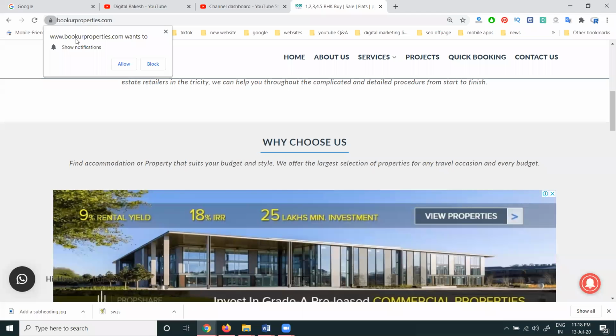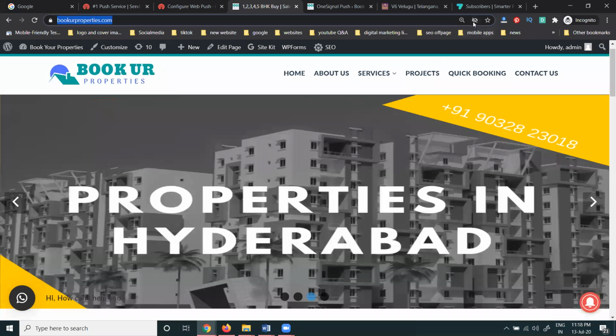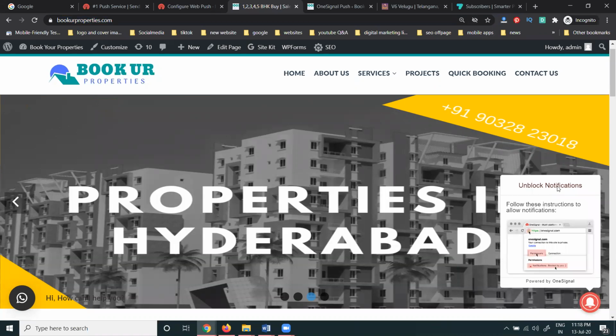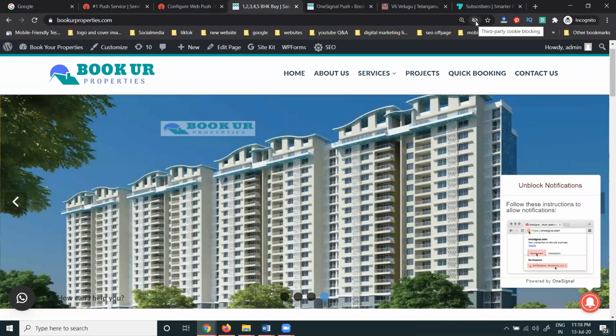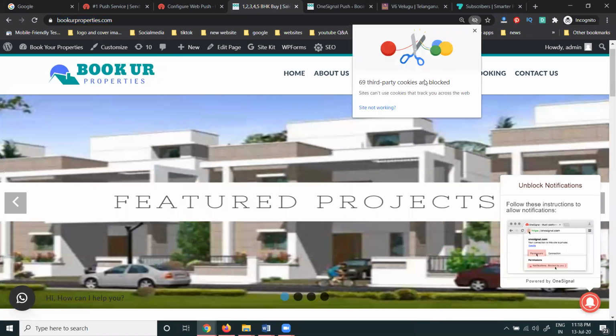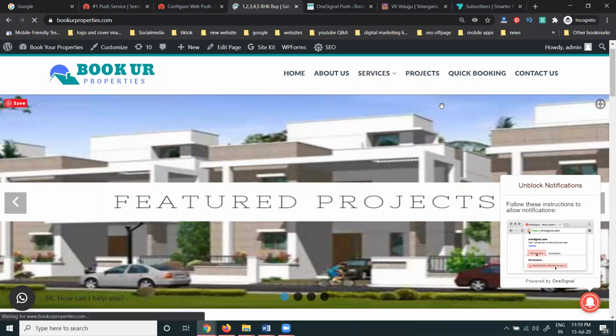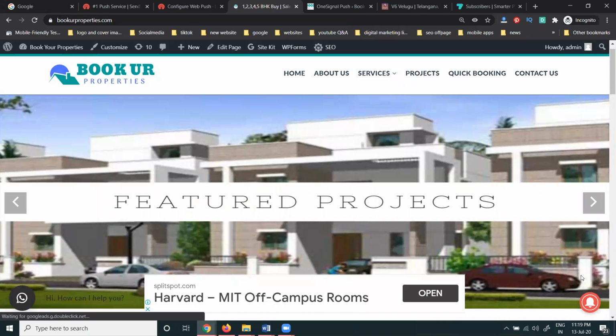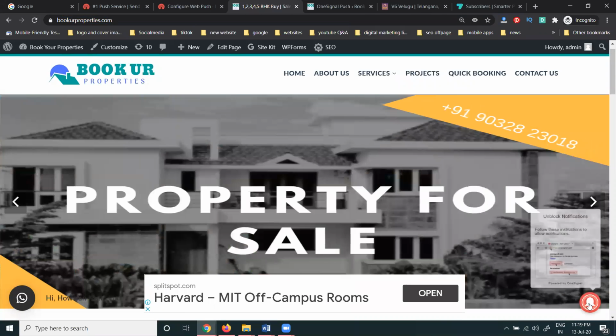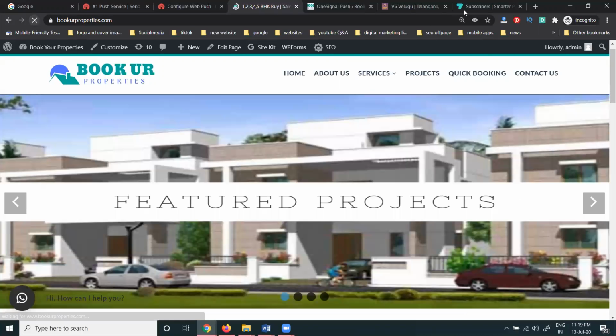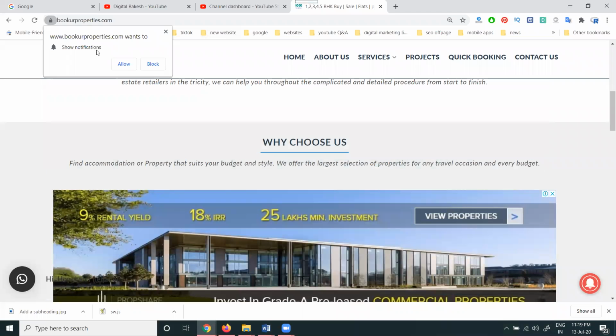So guys, you can check this notification. People worry about this. Without location identified, the pop-up will not appear. Here the location is blocked, and it shows unblock notification. Why? The pop-up was closed. In an incognito window, it will work. It will show the pop-up and it will work. So enabling location is compulsory. When any website opens in the browser, it shows this type of notification, with the option to allow or block notifications.